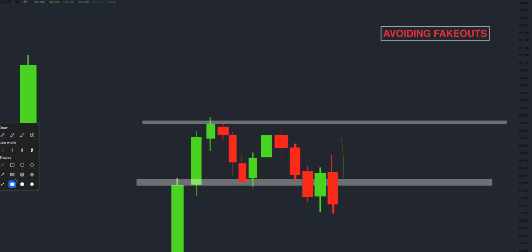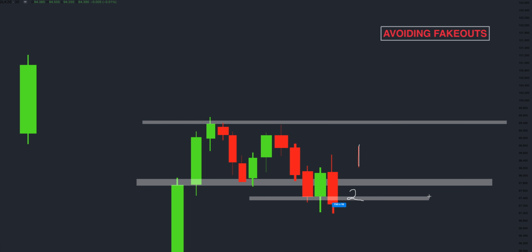Right here is where we call range 2 because, like I said, this right here is range 1. Let me change the color. This is range 1 and then this would be range 2. So what you could do is mark off this area as a new range, and a closure below that would indicate this is a range 2. And in order to help yourself avoid fake outs, because you just saw one right here,